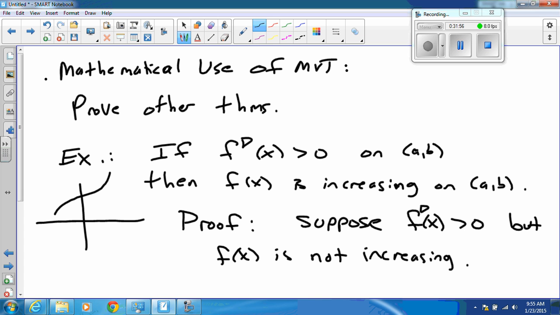Okay, so suppose that f prime is greater than 0, but f of x is not increasing, specifically on a to b. Now what does it mean that f is not increasing? It means that for some value somewhere in here, here's my a and here's my b, I have some value here where f of x actually goes down instead of up. Okay? Let's call those values c and d